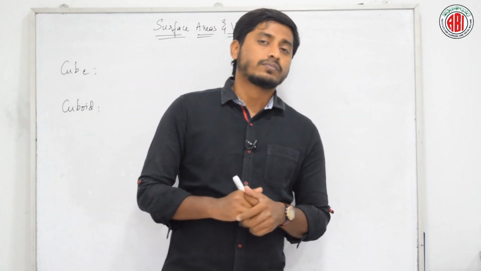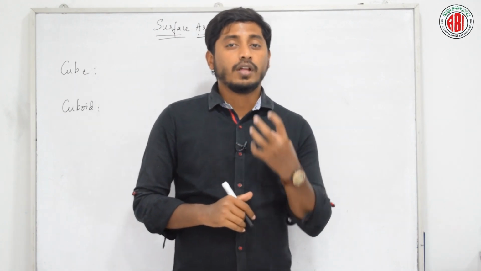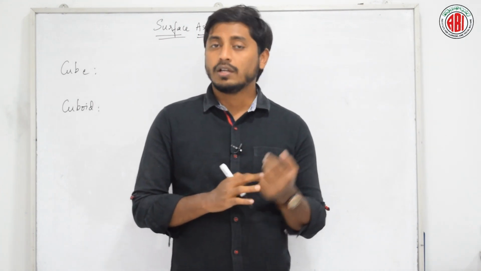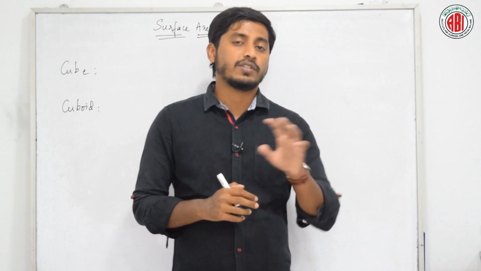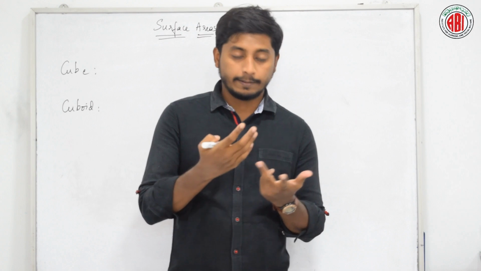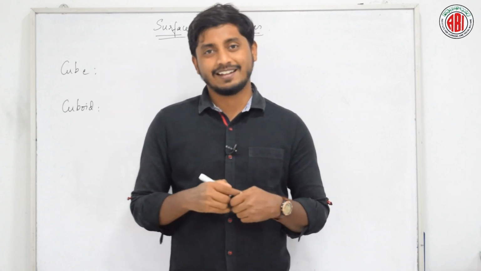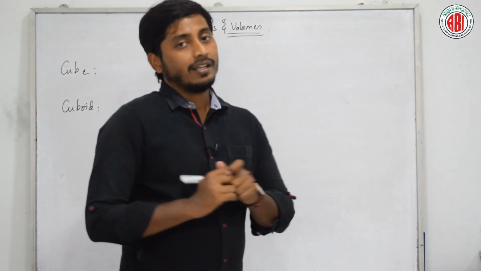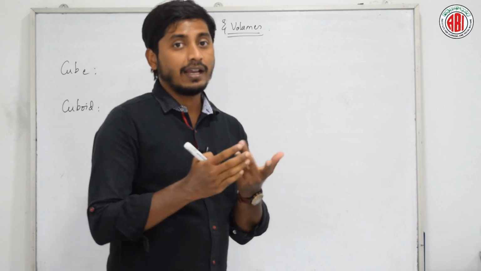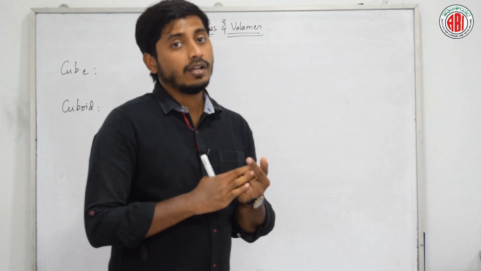In this chapter, we are going to learn surface areas and volumes of many figures such as cones, prisms. Not only just cubes and cuboids, we are going to extend the topic to cones, cylinders, prisms, like that. Okay, shall we start? See here. Remember, we are going to learn three things. One is LSA, TSA and one more is volume: lateral surface area, total surface area and volume.